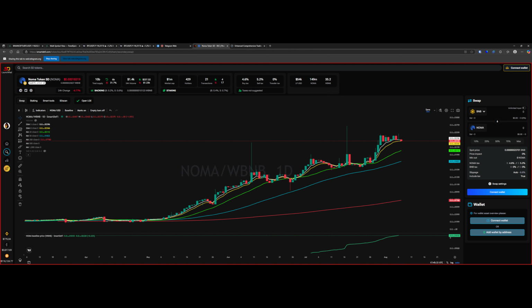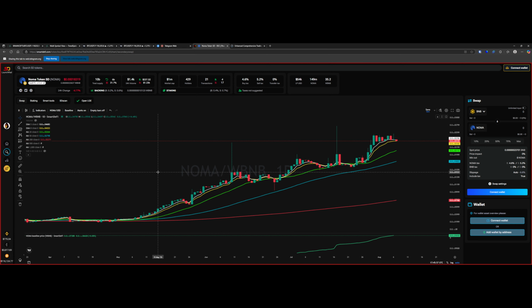So it's literally creating a floor to which eventually, when NOMA's asset backing price catches up with NOMA's price itself, it opens up the floor to so many different things, from smart lending